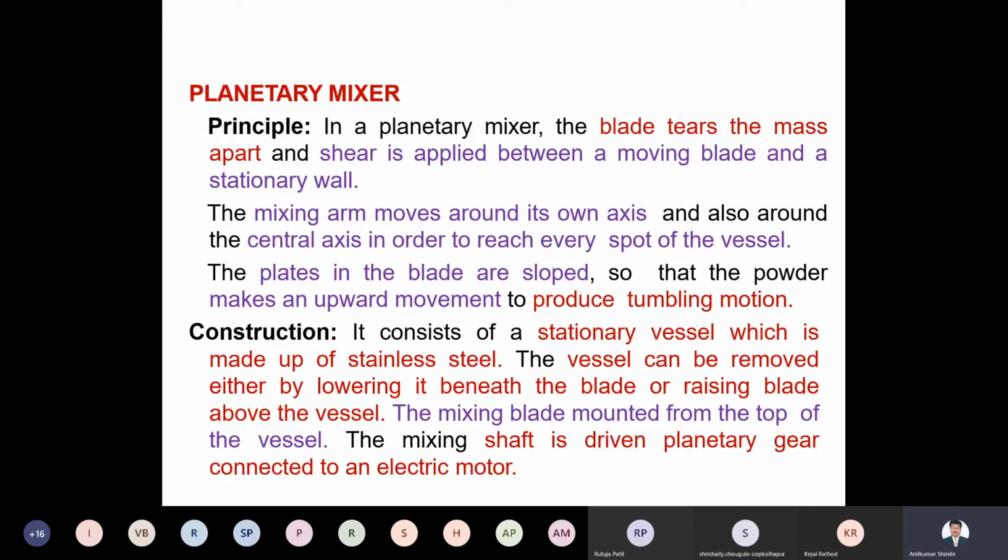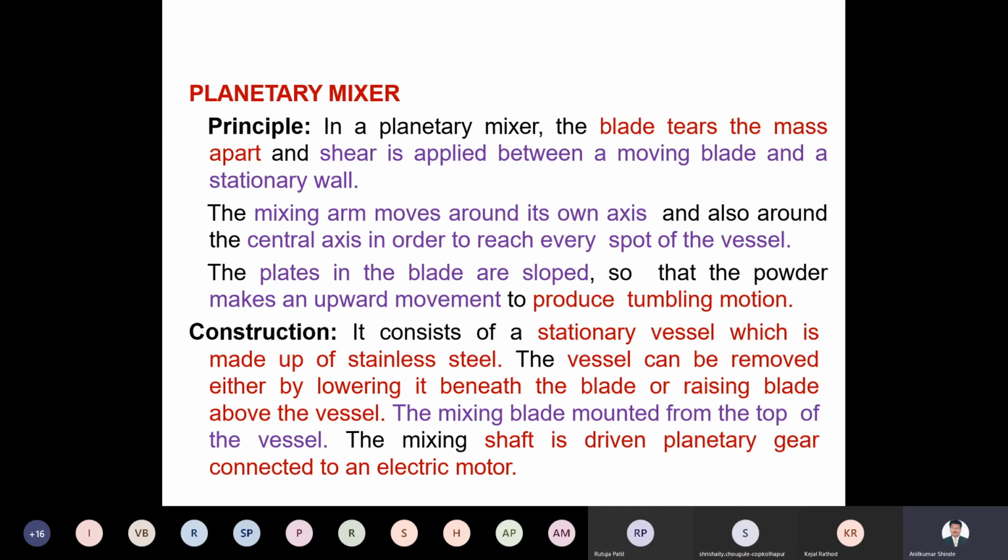So the plates and the blades are slope lined. So प्रत्येक plate ला किंवा blade ला, right, the shape is slope line. Slope असल्यामुळे काय होईल, जे मटेरियल हे अटॅच होणार नाही किंवा मटेरियल हे अडेर होणार नाही त्या ब्लेड वर, right? So that material we can make go upward and again downward. So every time the material is going upward and going downward, which produces that tumbling action, right? Material is going upward, material is going downward. So every time this is possible, and this process is called tumbling, right?